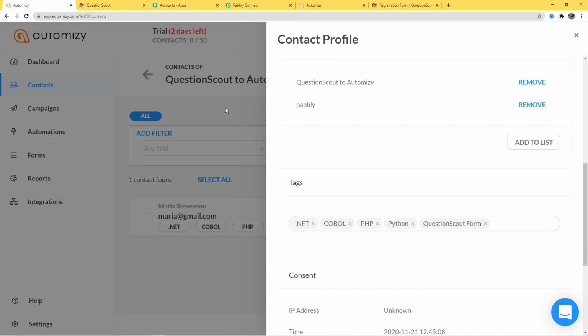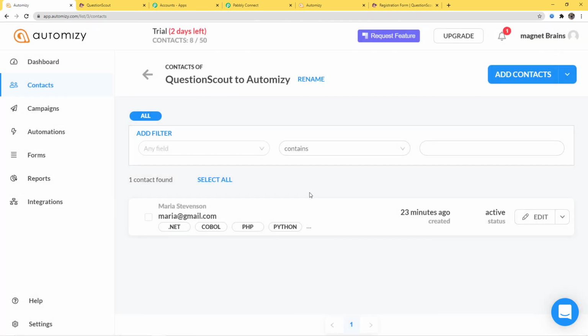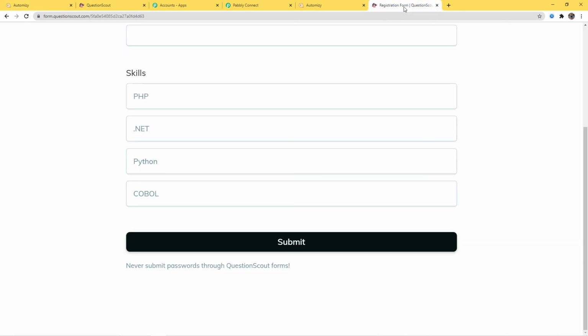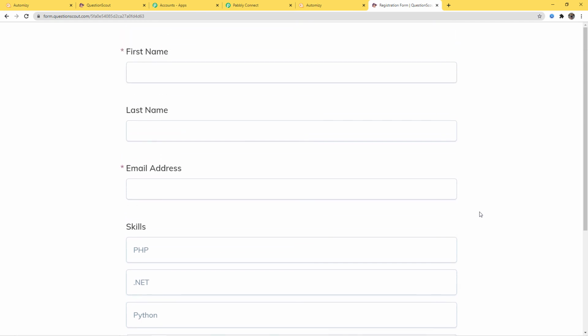So I am going to show you this process again with one more example so that you can understand how this integration takes place in real time. So I'll go back to the registration form and this time I'm going to make a new form submission. So the name is going to be Hamis, last name is Casper, email casper@pabbly.com.